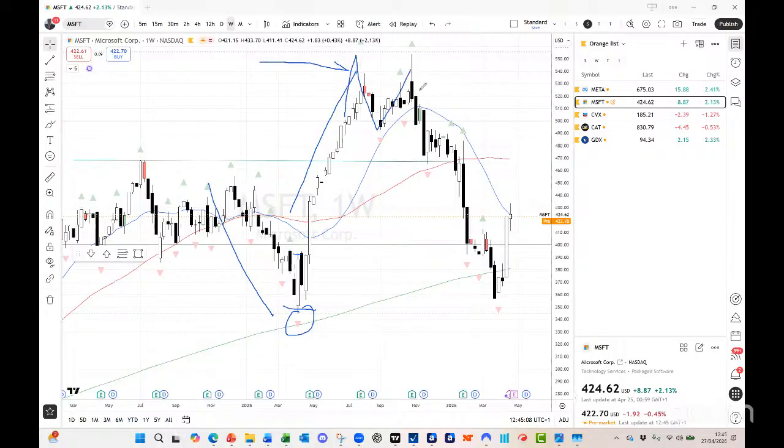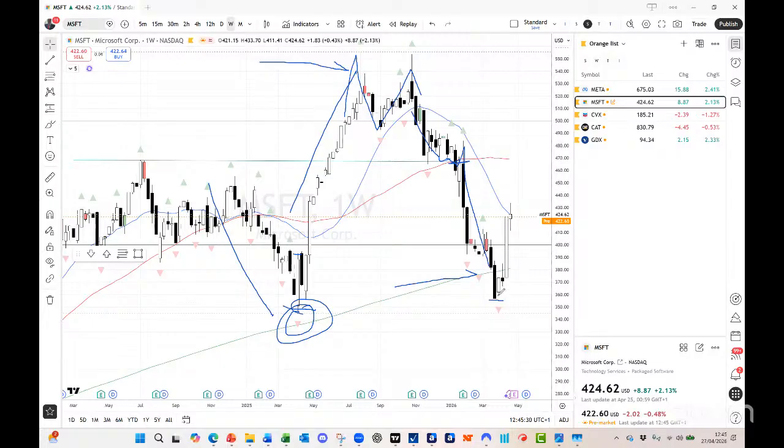We looked at that beautiful double top before working our way down to the 50, then flipping the 50 period moving average from being support to resistance, coming down to the 200. And so this is where I started to get interested. This is what I call the monger, looking at stocks like this: is this a place to be buying at the weekly 200 period moving average?